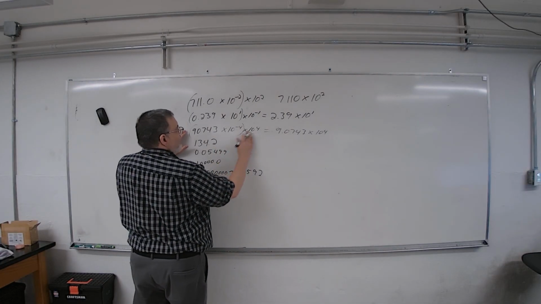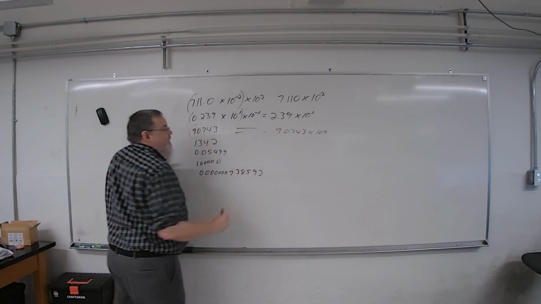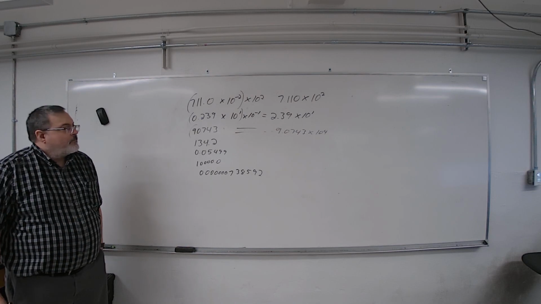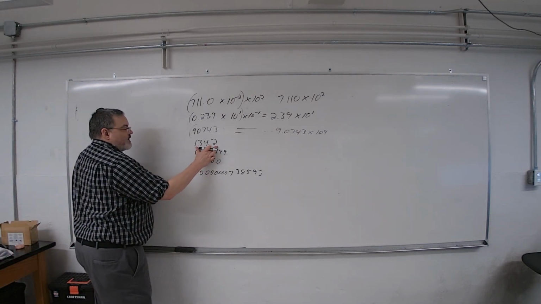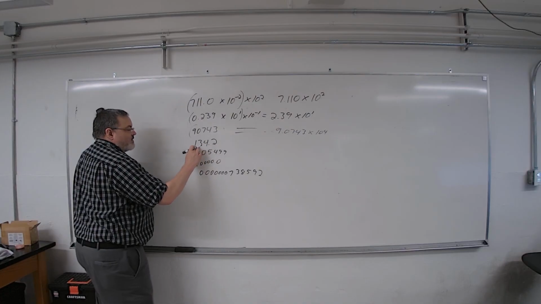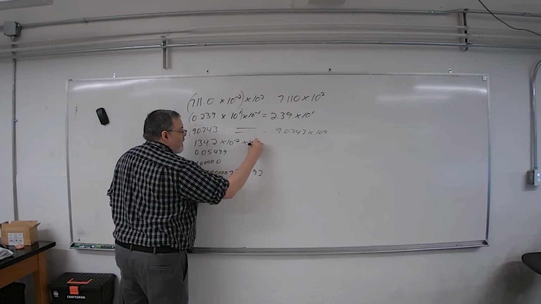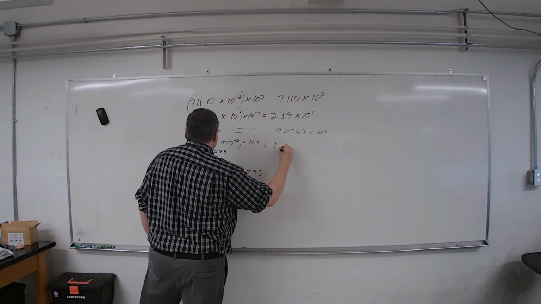This number and this number are equal to each other. Literally the exact same number. 4 significant digits. It needs to move back 2. Do that math, you get